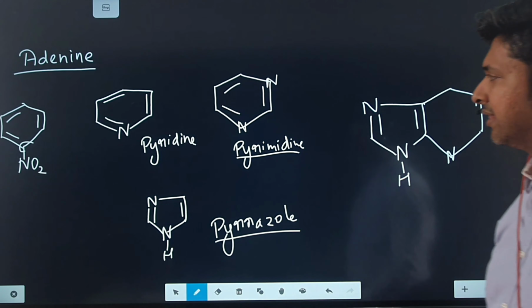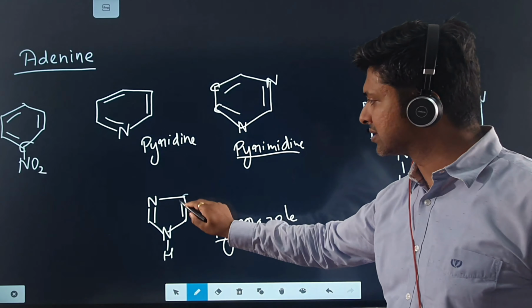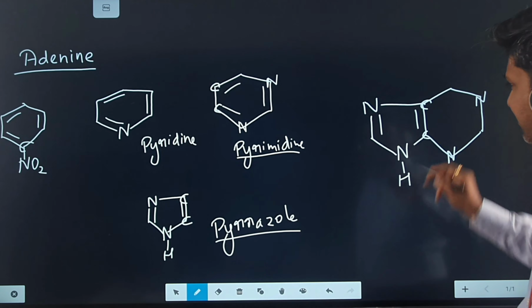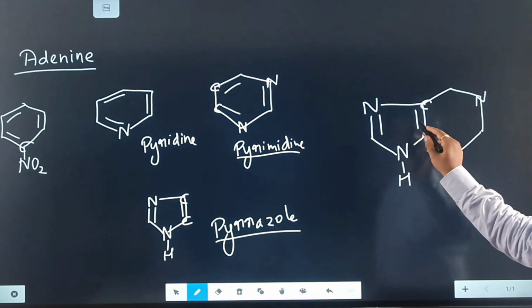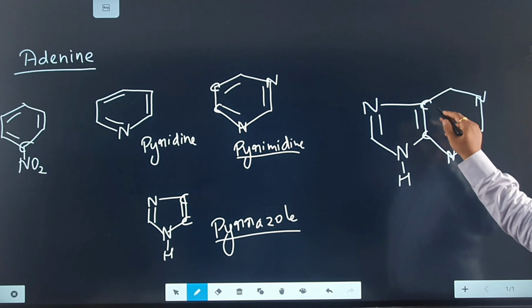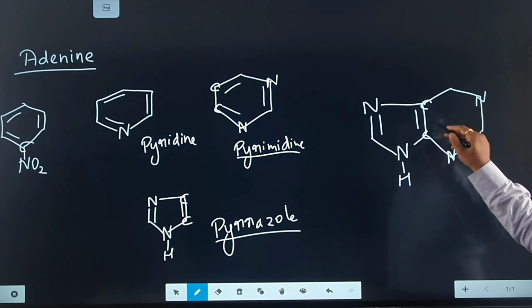Now check this carbon, these two carbons are over here and they have become common, which means that this double bond is not only in this ring, it is considered in this ring also. It's common for both the rings. So therefore, I'll have to put a double bond over here and over here only, and this becomes the structure of purine. So in this purine, if I simply attach an NH2 group,